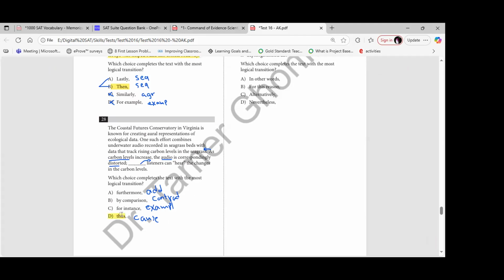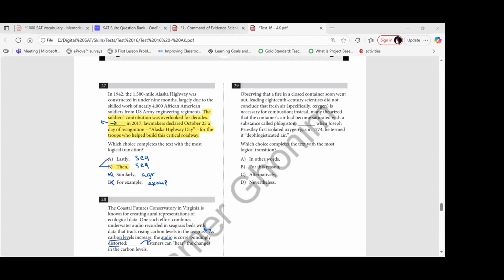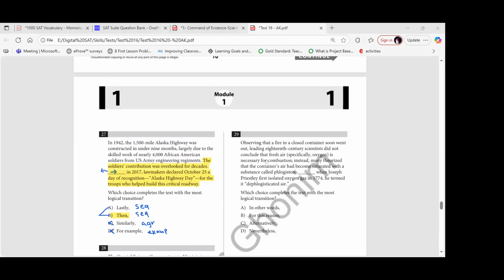Thus, clear, Rahaf Muhammad? Yes, clear. Okay. Let's go to number 29. Laith, the one that you answered right now, is it 29? No. Okay. Yes, 29 or 28. Okay.